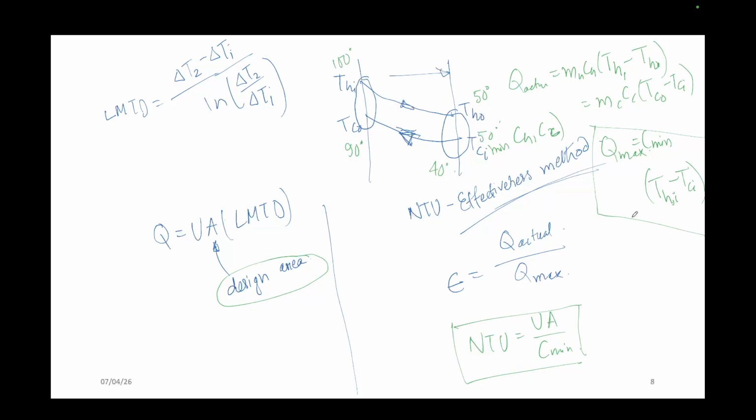This is mainly because in counter flow you see the temperature difference is almost uniform, right? So as it is uniform,